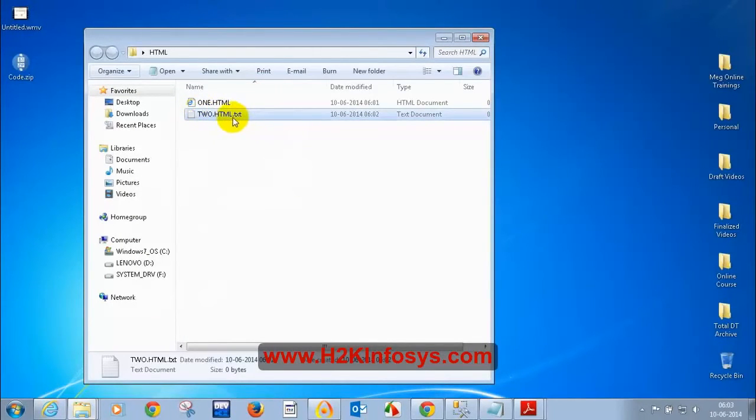So if you want to rename it, you need to press F2 and delete this .txt. Okay, now you are seeing 2.html. So this is about how to rename to .html. And the other way to do that is